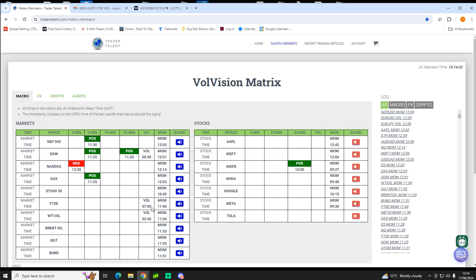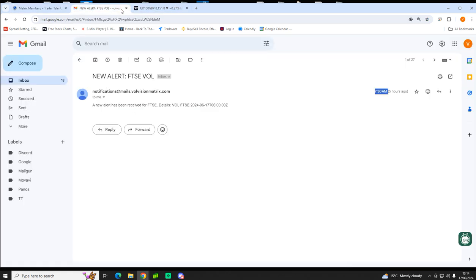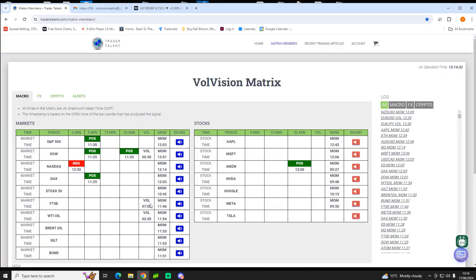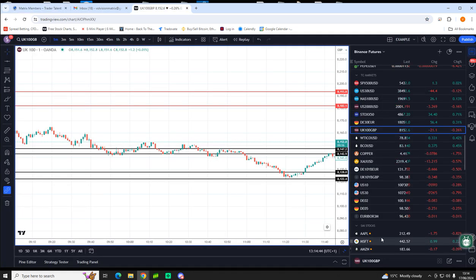So this is at 7 AM, the start, the open, if you like, of that particular bar, and this was the close. So I know immediately that the range, the time period I'm interested in, is that between 7 AM and 7:30 AM on the FTSE, and all I want to know is what the high and the low of that range was. So if I go to my FTSE chart